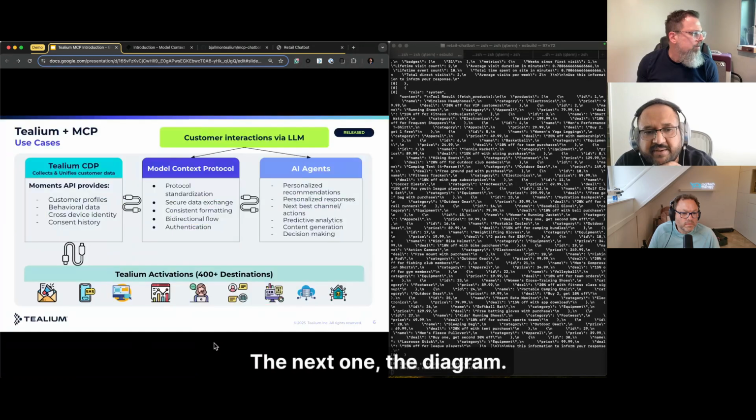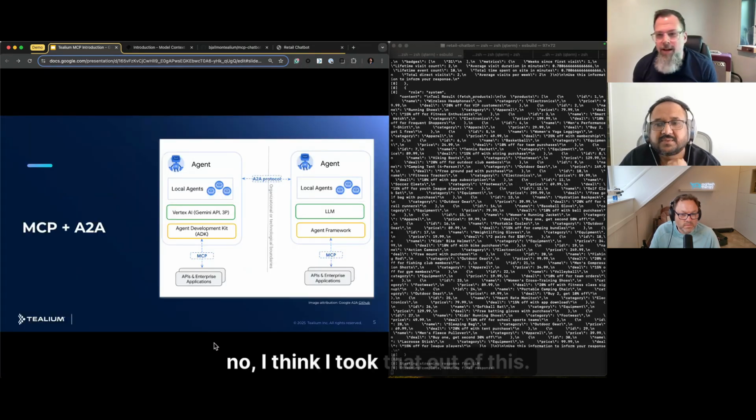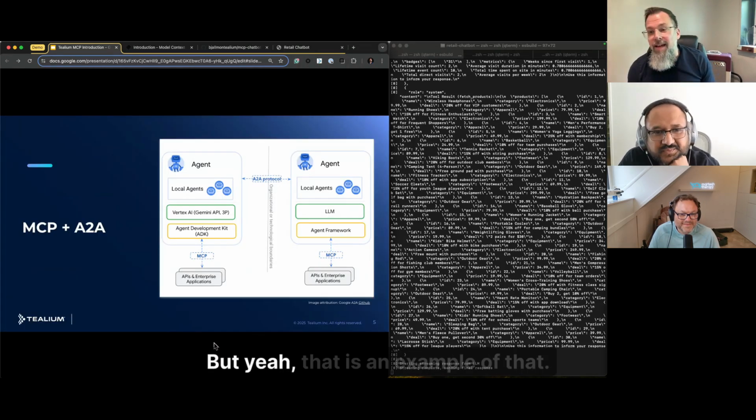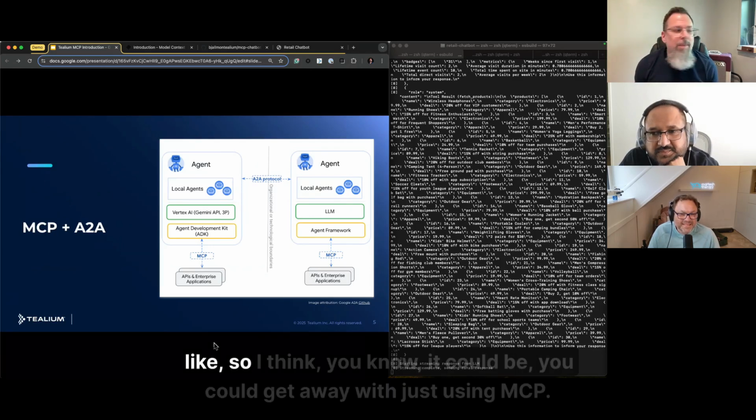The next one, the diagram. Oh no, I think I took it out. Okay. But yeah, that is an example of that. And so I think,